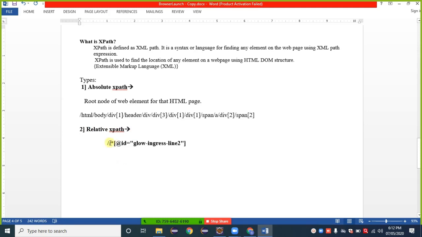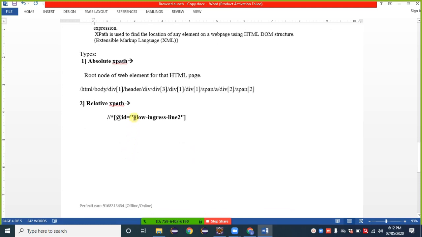Okay, so this one belongs to the syntax of XPath. We need to follow that syntax. What is the syntax?